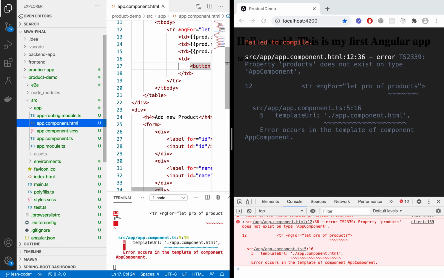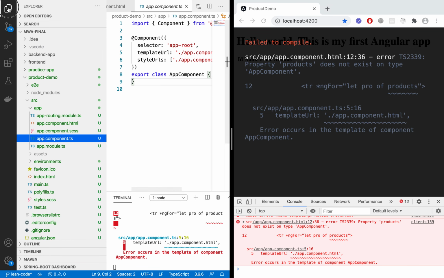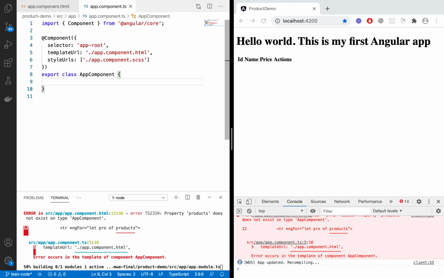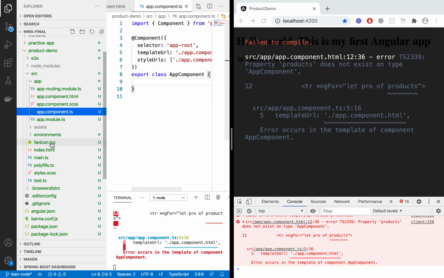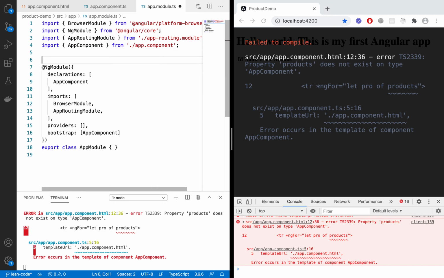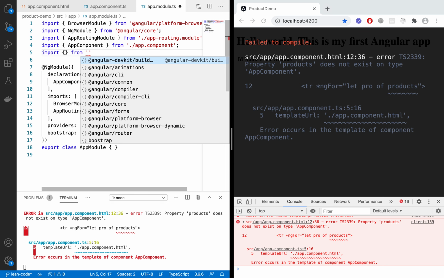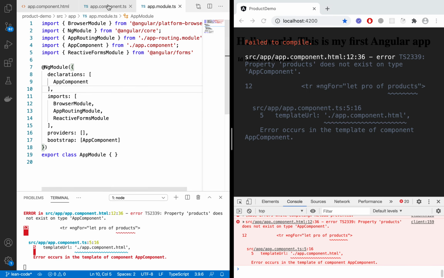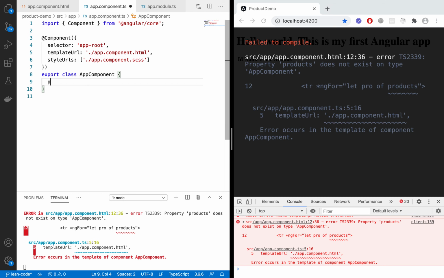Okay, let's go to the component file and have some fun. What do we need? We're going to need to import Angular reactive forms. Import something from Angular forms, and we will have the ReactiveFormsModule. I'm going to import this here. Okay, so we have the list of products,